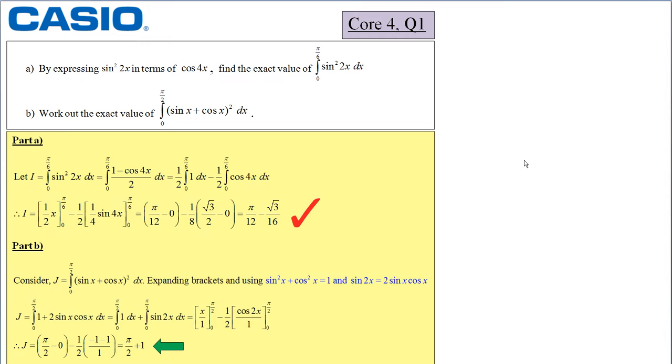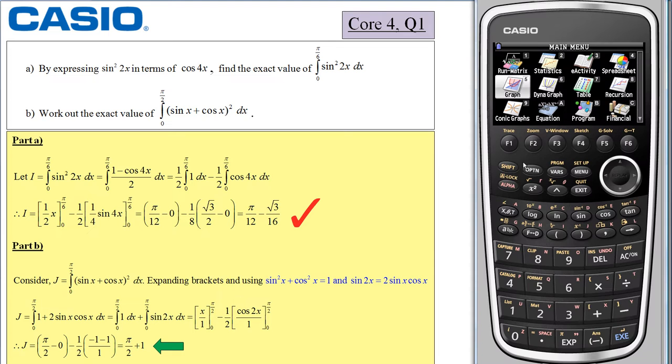I looked at the integral of sin x plus cos x all squared between x equals 0 and x equals pi by 2, and I used some identities to transform it into an integral that I could work out more easily. The result I ended up with was pi by 2 plus 1. Again, I'd like to check this with my Casio graphical calculator. If I select option 5 for the graph function menu,